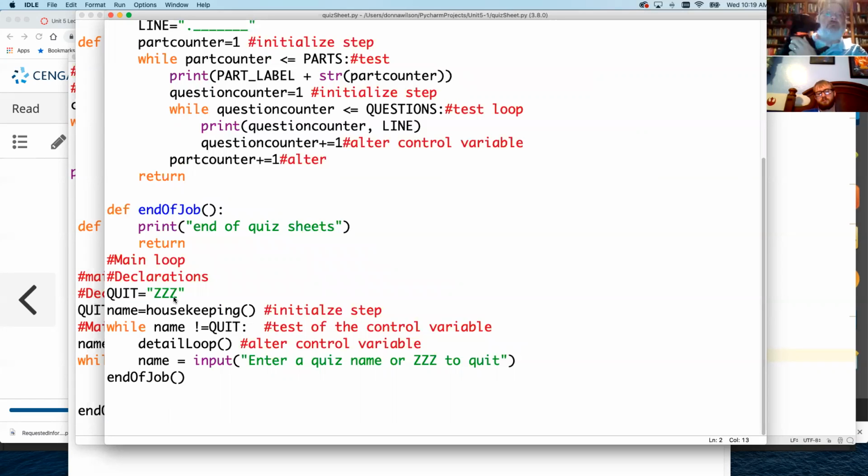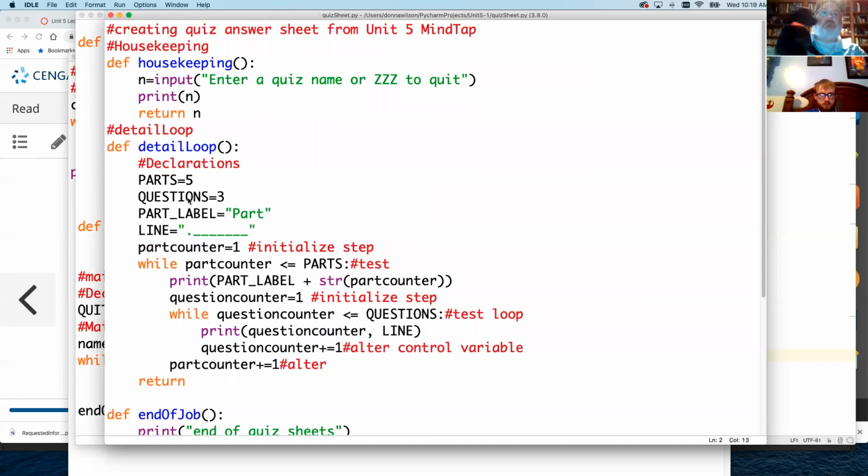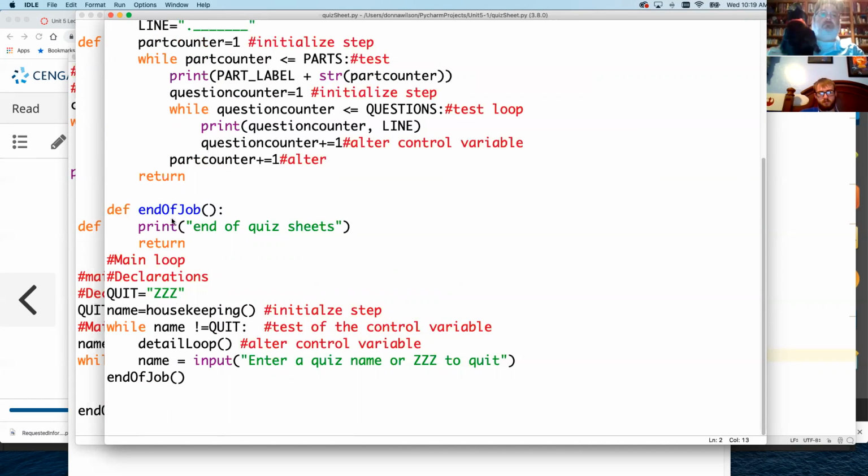Did I do it somewhere else? Oh, because I didn't want to pass them to the function, I do that here. See, in the detail loop, instead of doing it in my main logic, I initialize my constants inside the detail loop, so that then I don't have to pass them into that